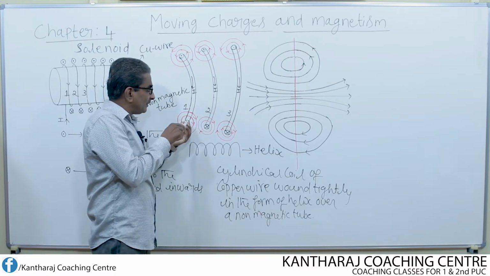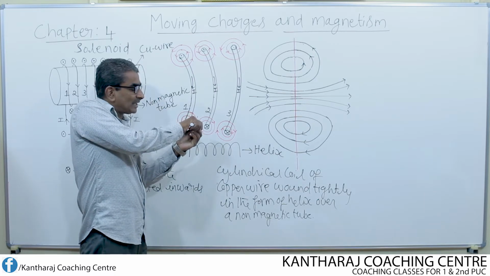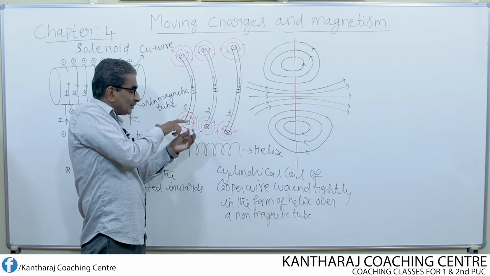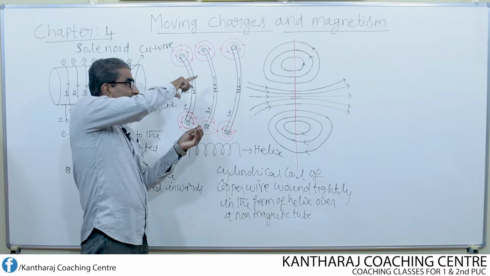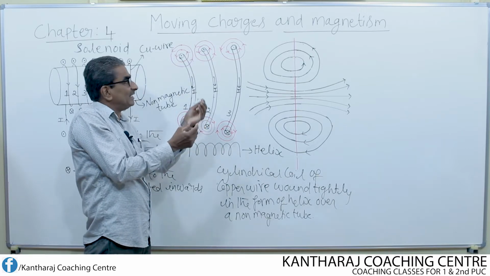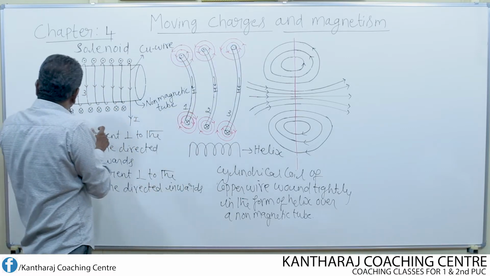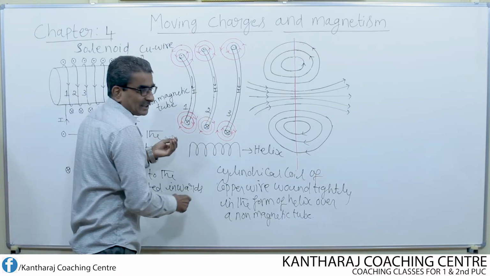If the current is flowing inwards like this, once again apply the right hand clasp rule. How? Look here, I hold the conductor like this with respect to turn 1 at the bottom. This is nothing but the conductor, meaning wire. It is wound like this. I am considering the lower portion of the conductor. As I considered the upper portion of the conductor here, I now consider the lower portion of the conductor of turn 1, turn 2 and turn 3.